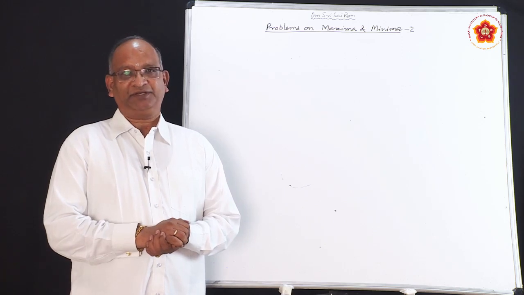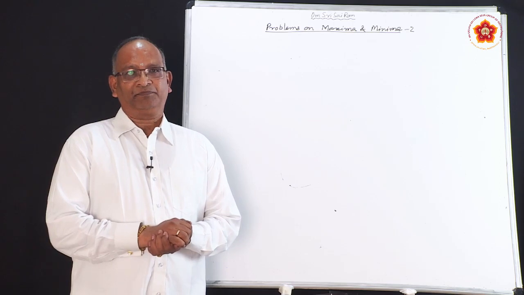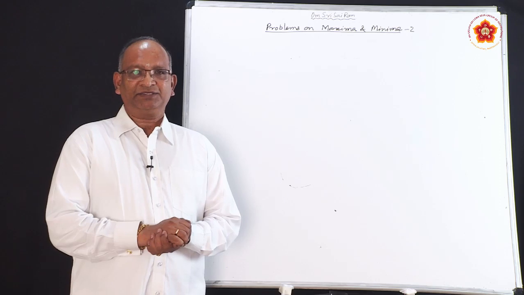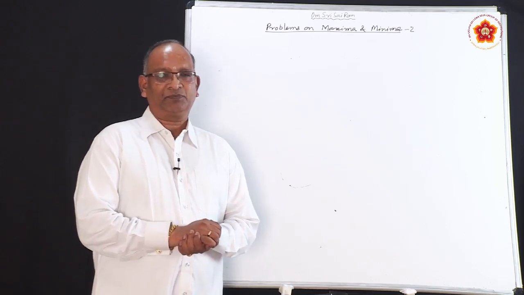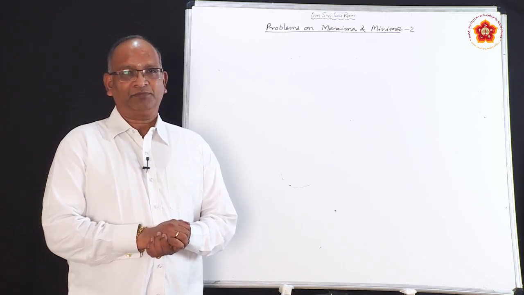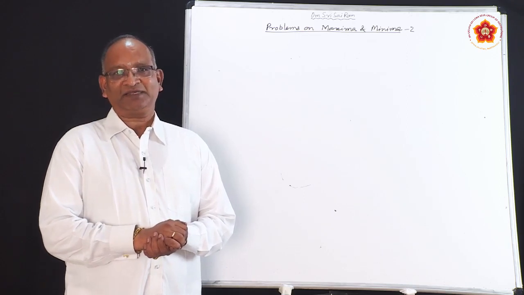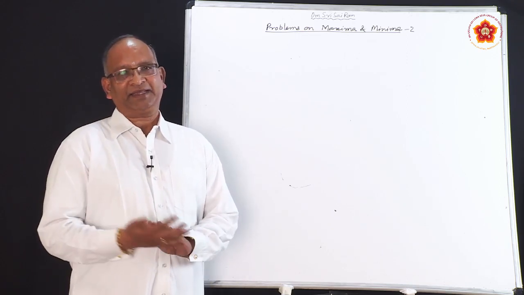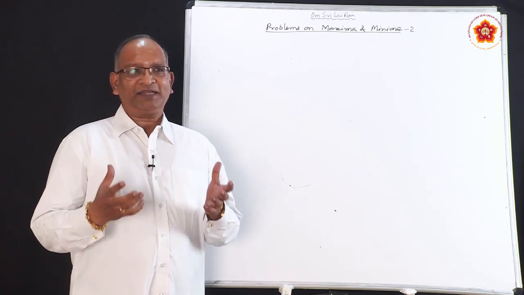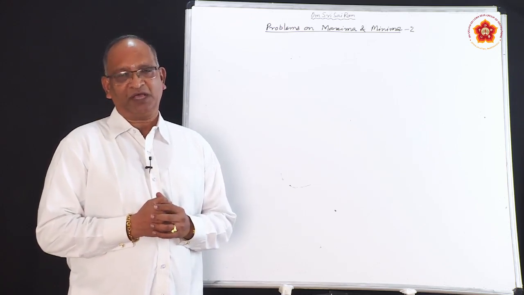In the previous session, we discussed maxima and minima. We are dealing with the topic called applications of derivatives. And in order to solve the problems on maxima and minima, we have found two methods. The first one is called the first derivative method, and the second one is the second derivative method. We need to know the working rule so that we can apply it while solving problems of any kind.